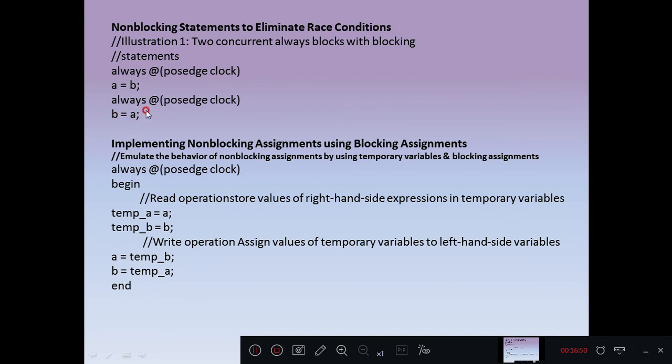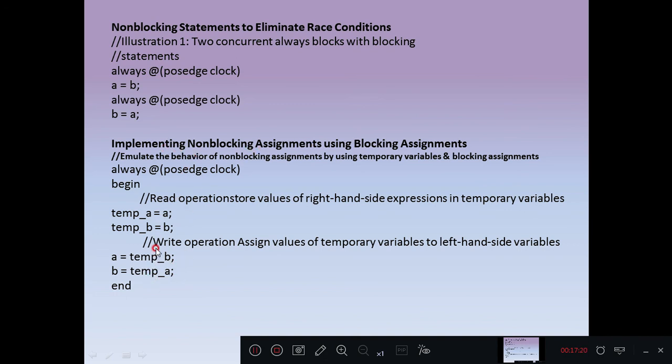One more example, by using a single always statement, if you want to do this, you can use single variable or more than one temporary variables as discussed here. Temporary variable a will get value of a, temporary variable b will get value of b, and then you are trying to assign a with temporary value of b and b assigned with temporary value of a. So implementing non-blocking assignments using blocking assignments.